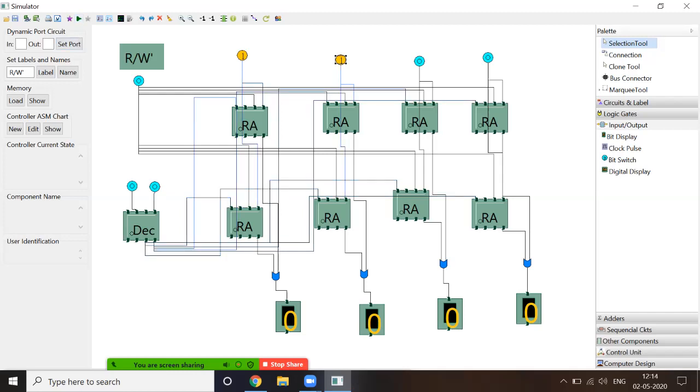Okay, so the write operation is now performed. How will you come to know? See this, these lines are appearing blue. So D0 pins are appearing blue and D1 pins are black. That means only D0 is activated, so the write operation happens over here only. Now I want to check whether data is stored into this first row as 1100 or not. So I will click this as 1 and I will run this button. Okay, as you can see, 1100 gets stored here in this first row.